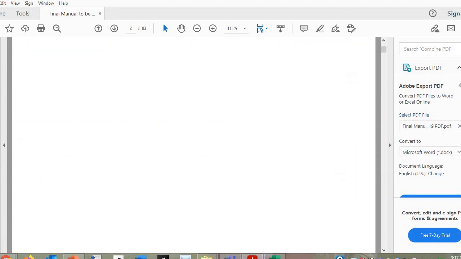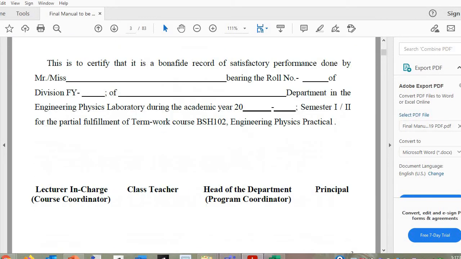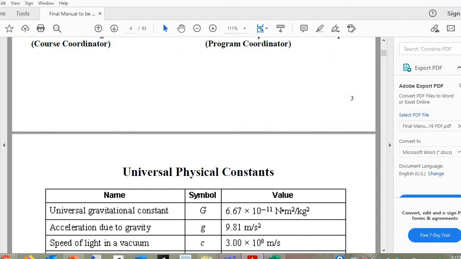Okay, so yesterday, as I said, each and every course has certain outcomes. For engineering physics, we saw that there are 6 outcomes: outcome number 1, 2, 3, 4 up to 6. Yesterday I also told you that among these 6 course outcomes, certain outcomes are related to theory, and certain outcomes are related to practicals. So can anybody give me the answer? How many are allotted for theory and how many are for practical?